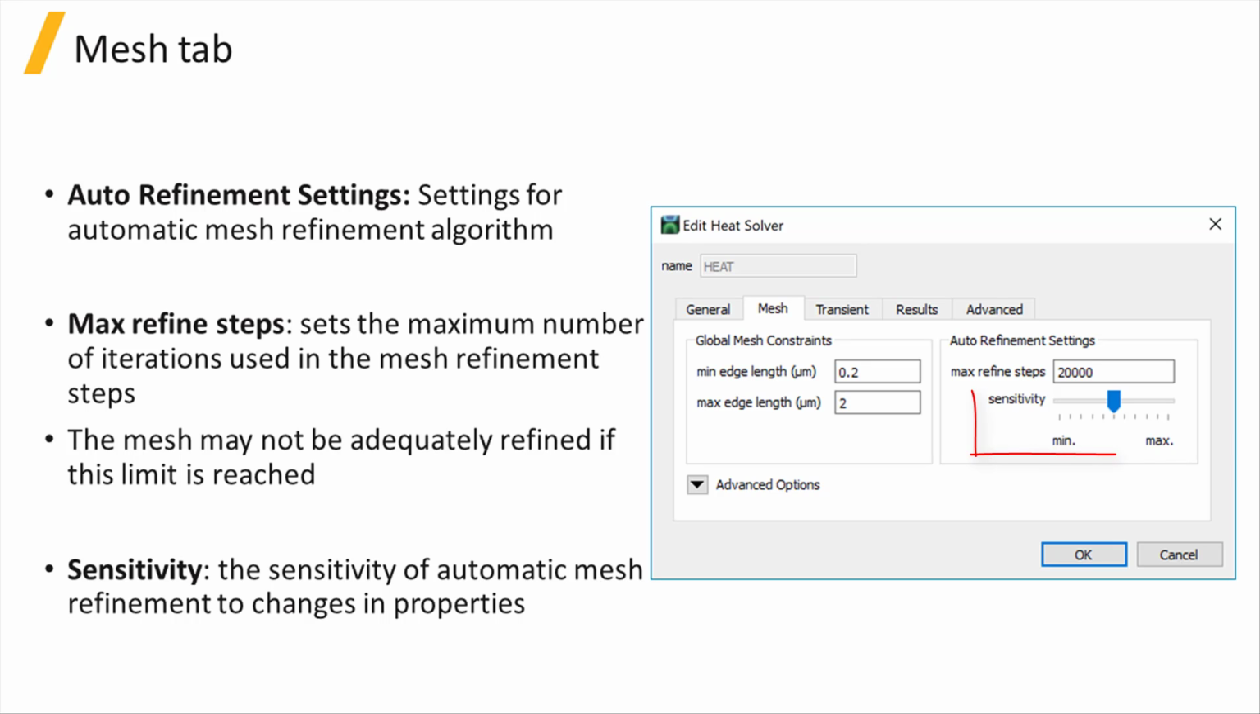Sensitivity controls the sensitivity of automatic mesh refinement to changes in properties such as imported heat generation profile in the simulated structure. A higher sensitivity can result in a better representation of smaller changes in these properties by using a more refined mesh in the areas where those changes happen. The advanced mesh options should be left at their default setting in most cases and are beyond the scope of